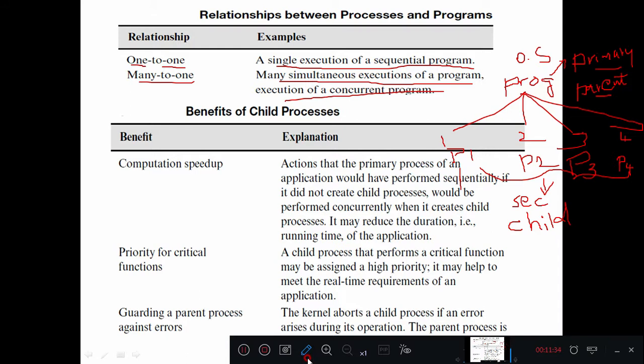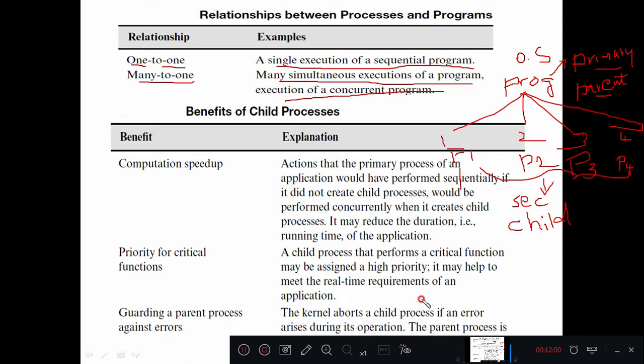In such cases the operating system must generate multiple processes for a single program. If it handles one program with one process, then it can jump to another program and generate one more process, and that process will handle the second program. The same thing continues in a computer system.